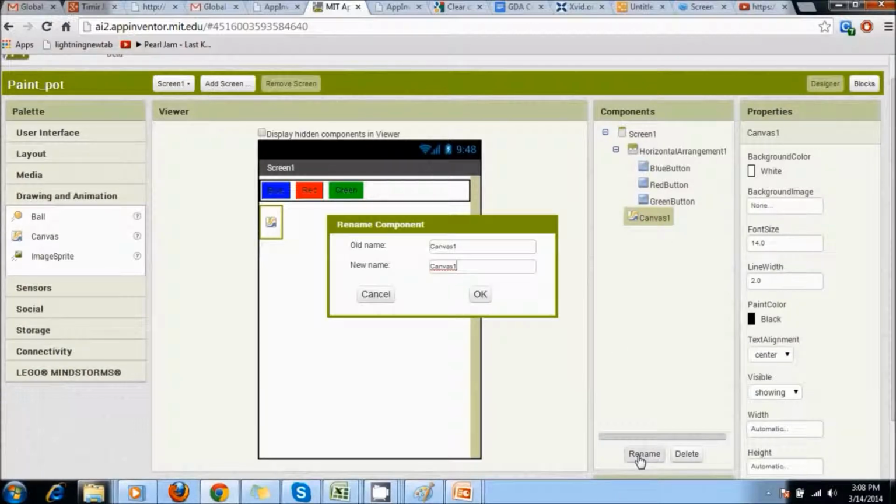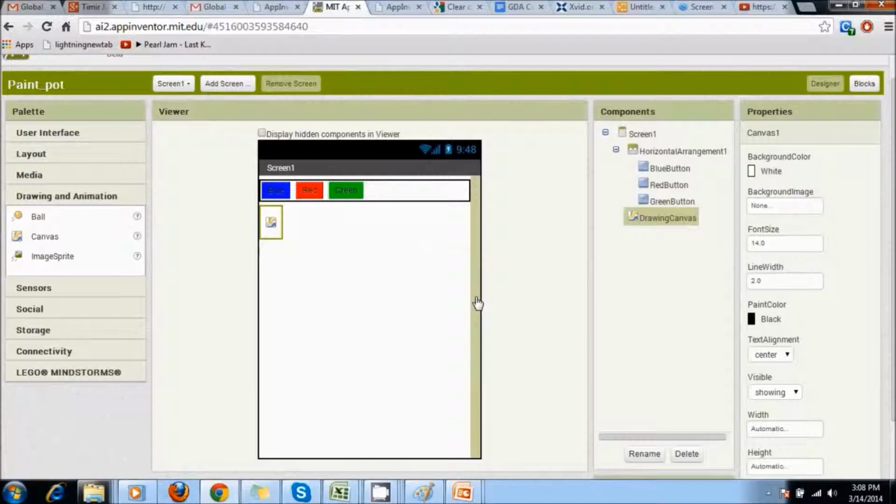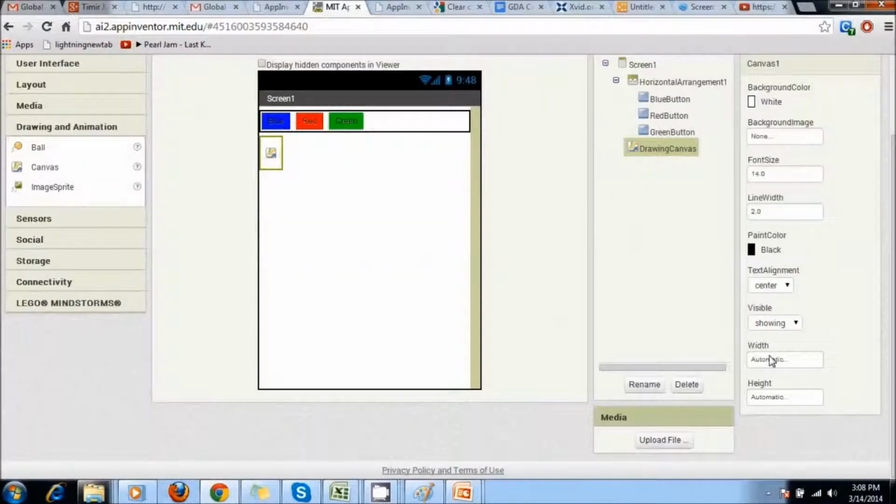Let's call it drawing canvas instead of just canvas, so that it's going to be easier to understand what exactly it is. Next we're going to change the width to fill parent. So we have a width component here called fill parent, and the height to say 3000 pixels. There we go. So what we see is it fills up the entire screen.